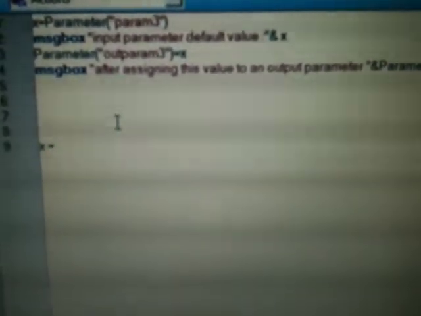Okay, x is equal to param3. Obviously the x will take the value which is written here, the string param3. But if you use x is equal to parameter of param3, it will assume the value which is written inside this parameter 3. So there is a difference between these two. What is the difference between these two? This value of x would be here. So let me try to run it for you.